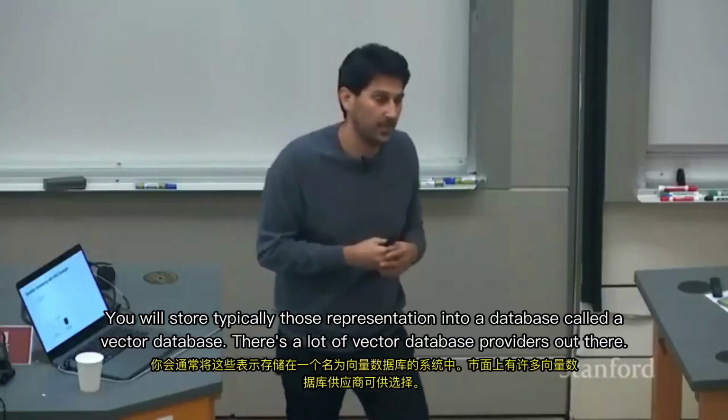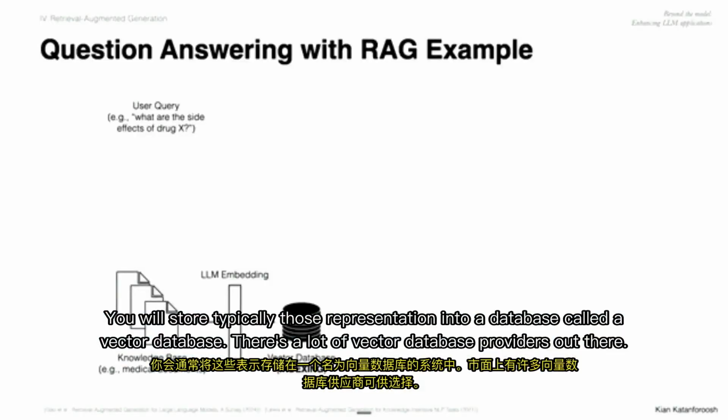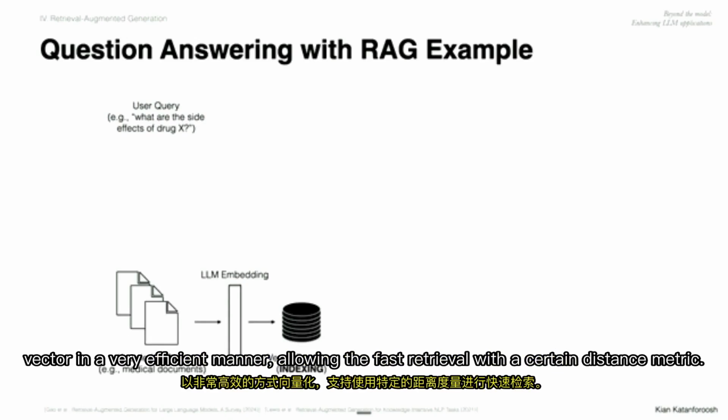You will store typically those representations into a database called a vector database. There's a lot of vector database providers out there. I think I've listed a couple that are very common. No, I haven't listed, but I can share afterwards. A vector database is essentially storing those vectors in a very efficient manner, allowing the fast retrieval with a certain